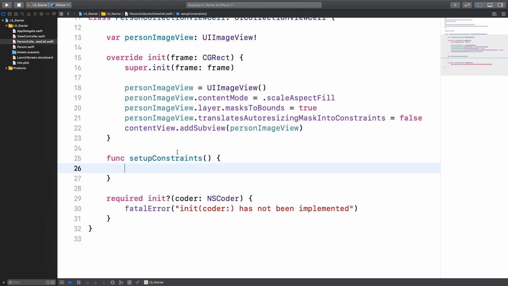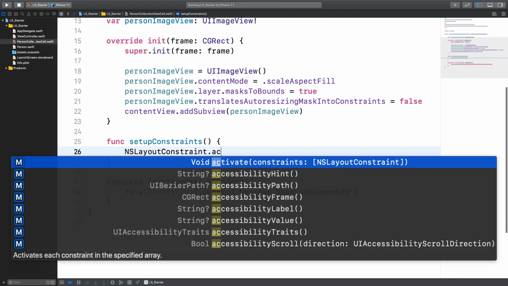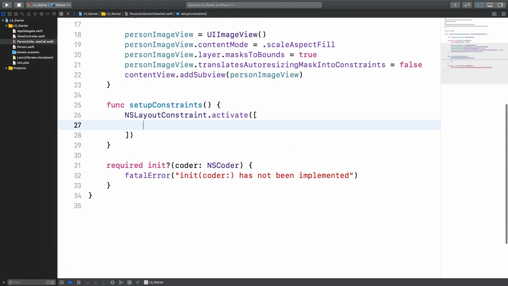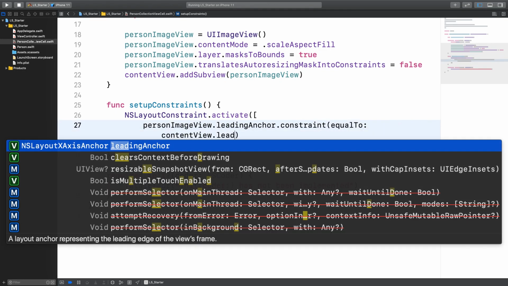And then my image view is going to be the entire size of my cell, so I just need to set my leading, or all of my anchors, to equal my content view's anchors. When I do this, I like to go around my entire view: leading, top, trailing, bottom, so that I don't forget any of them. So we can just do personImageView.leadingAnchor equal to contentView's leadingAnchor,